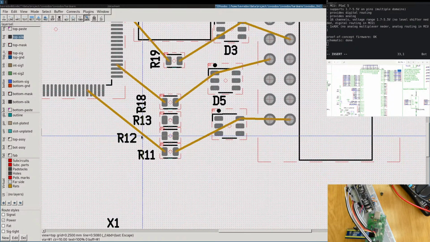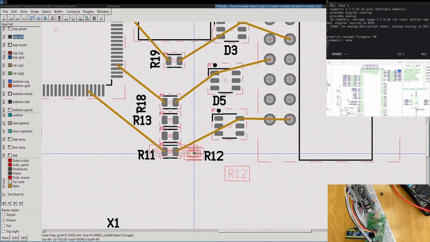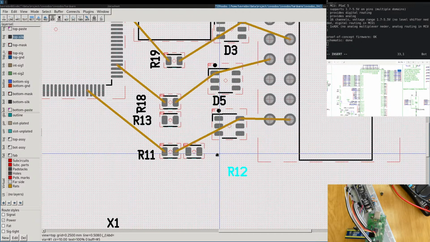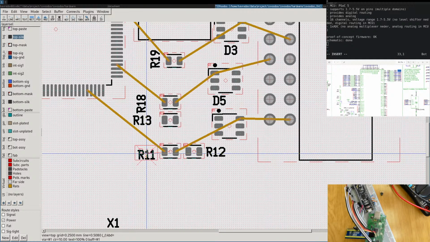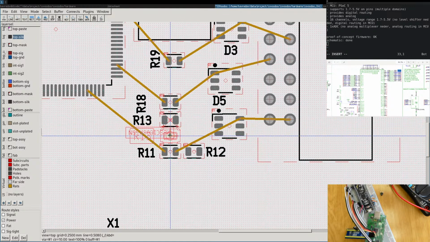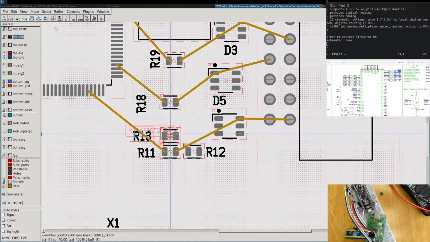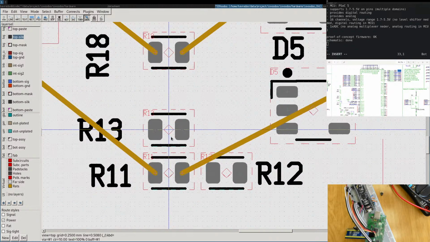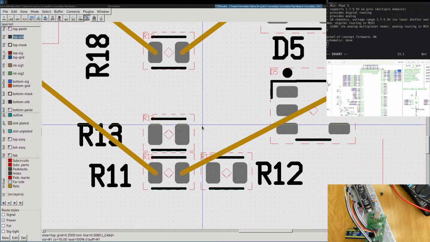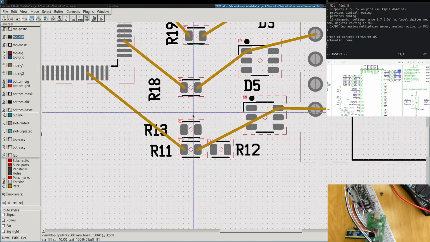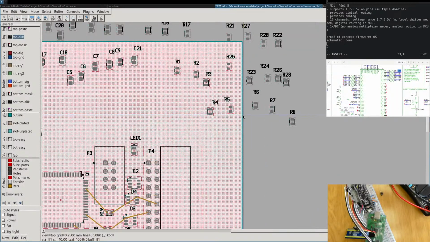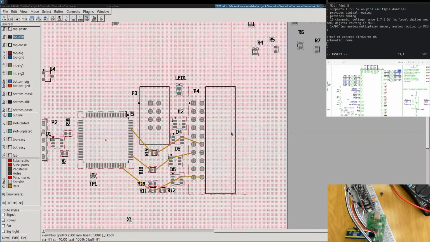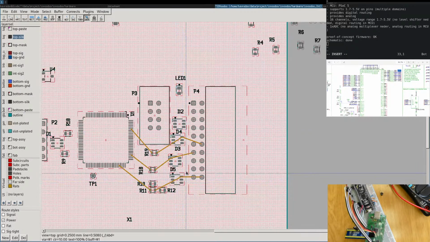We will have it like the pins. Yeah, we will have them like the pins. 30. Then we can also change the